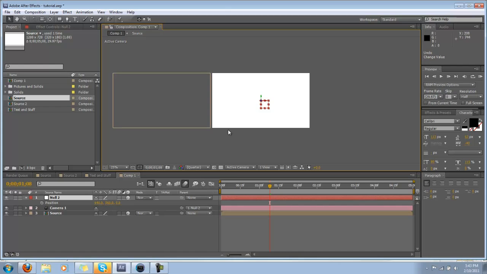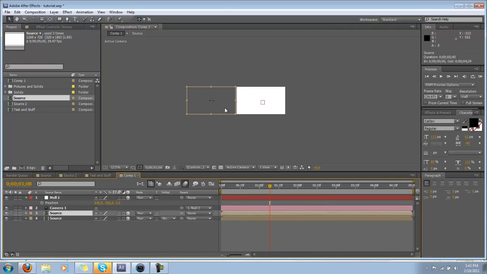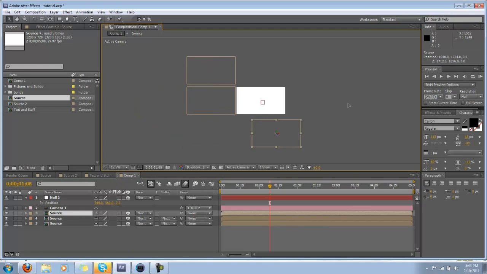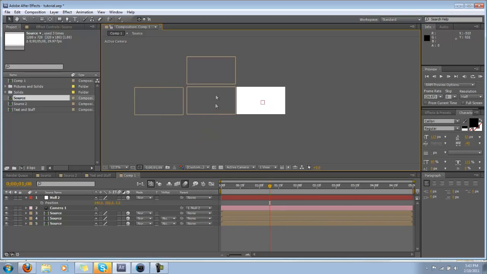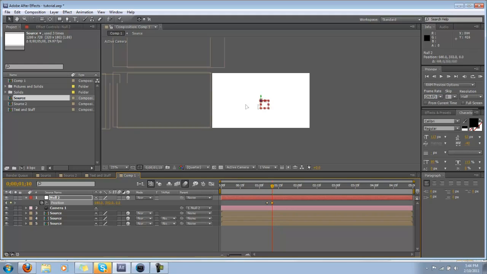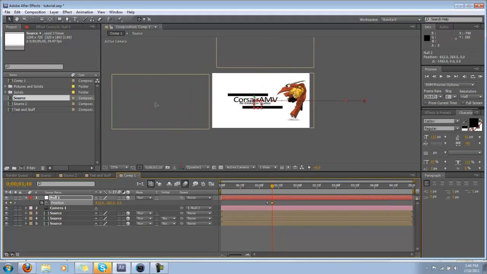If I duplicate this, put one up here, duplicate this again, and maybe put one on the side. Yeah, that looks cool. You can kind of see where everything's going to happen because of the outline. So we can take our null position, and 4 keyframes should be enough. 1, 2, 3, 4. You can fly into this, stick around for like 8 keyframes,